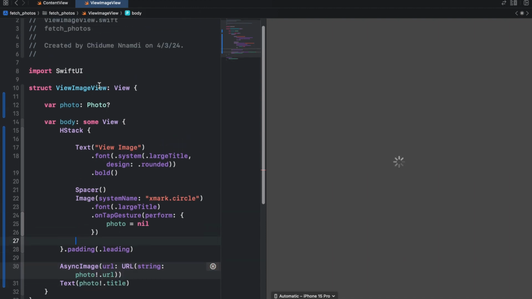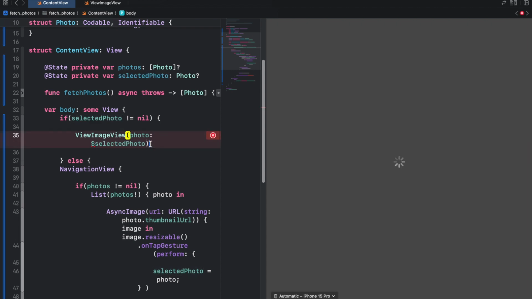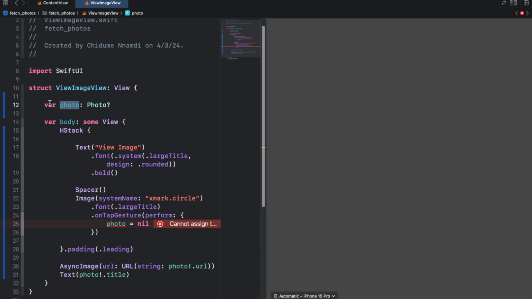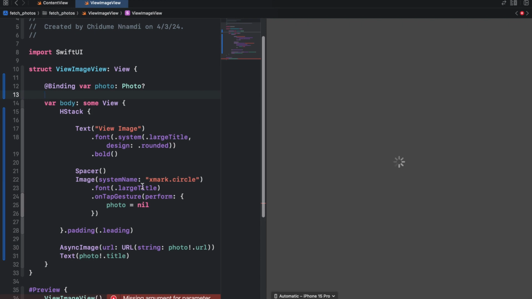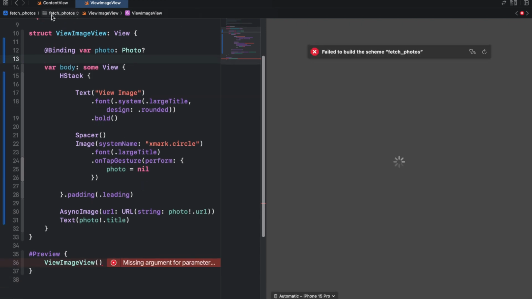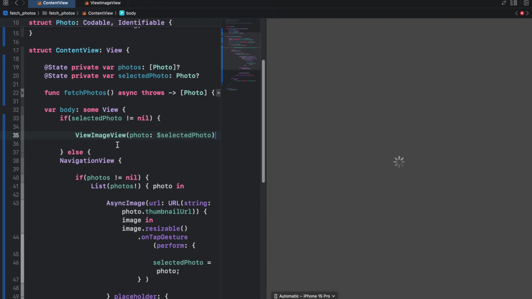So very good. Now to bind this photo to this selected photo we have here in the content view, first we have to pass a $ sign to it showing binding. Then we'll go to the view image view, then add the notation @Binding to it. So you see, add binding to it. The errors are gone here except in the preview. Then in the content view, no more error. With this, we have bound